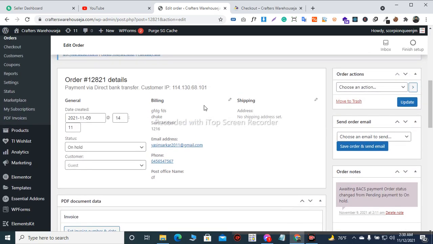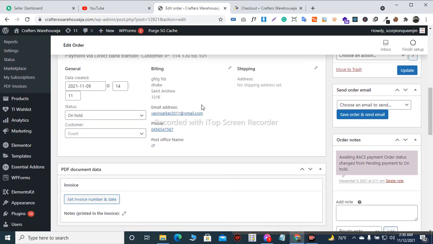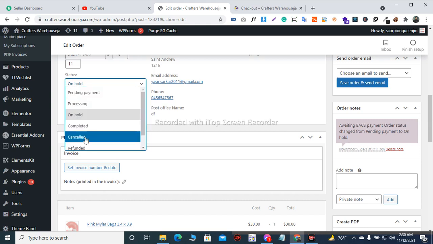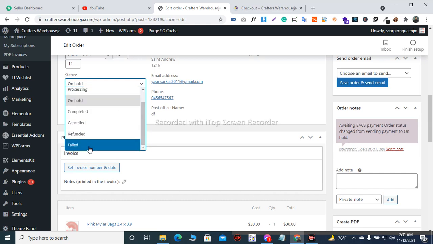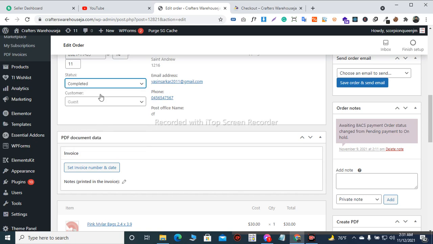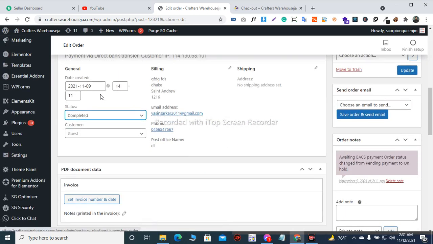If you receive the payment and you want to make this order completed, then you just change the status. Here is the status. You just click on that, and you can choose from multiple kinds of status like pending payment, processing, completed, cancelled, refunded, or failed. Suppose you want to make this status completed, then you just click on completed. And after you complete this order,